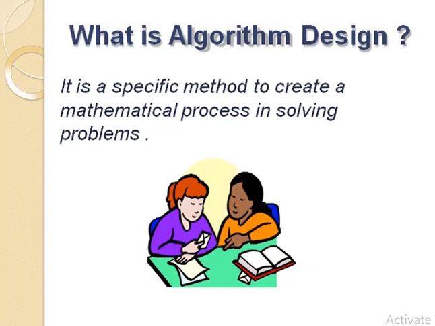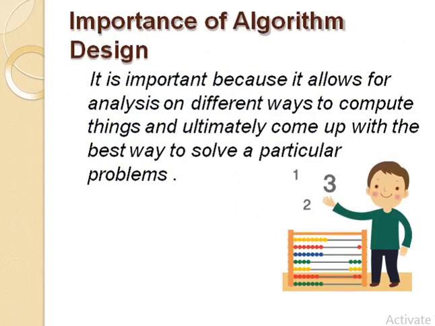However, one has to keep in mind that both time consumption and memory usage cannot be optimized simultaneously. They are, we can say, indirectly proportional to each other. If we require an algorithm to run in less time, we have to invest more memory. If we require an algorithm to run in less memory, we need to have more time. How to design the algorithm, the question arises. I am going to explain that in the next slide.